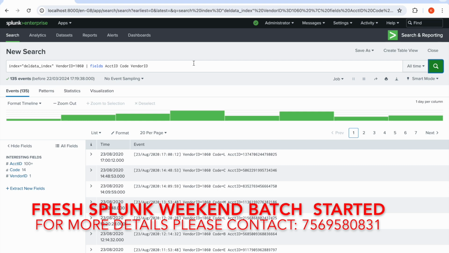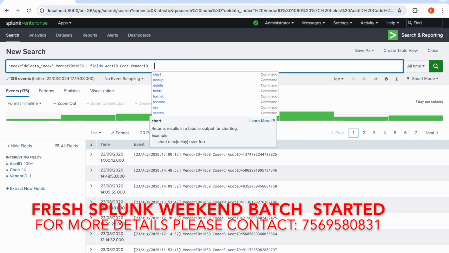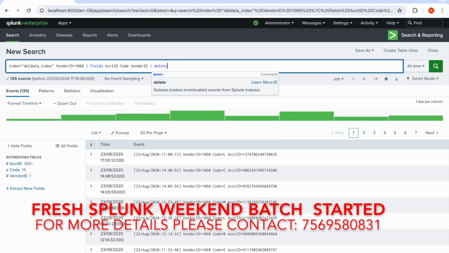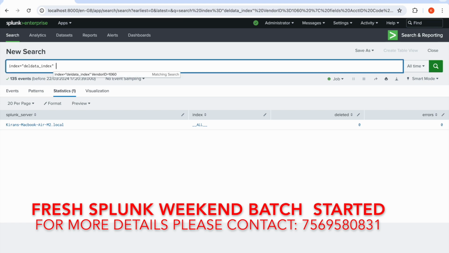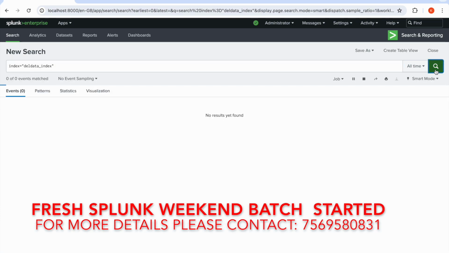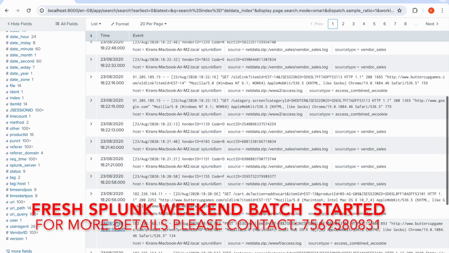Now, because I have used a distributable streaming command, I can extend this one, and if I say delete and try to search, it will be deleted. Or else, if I remove this one and search, the eval command is also a